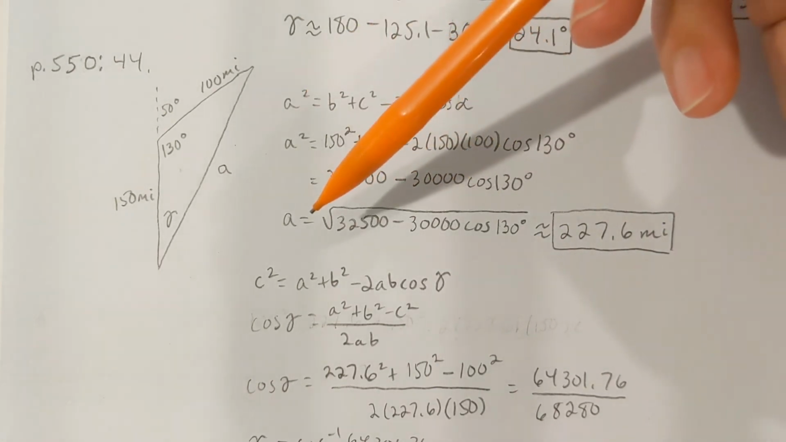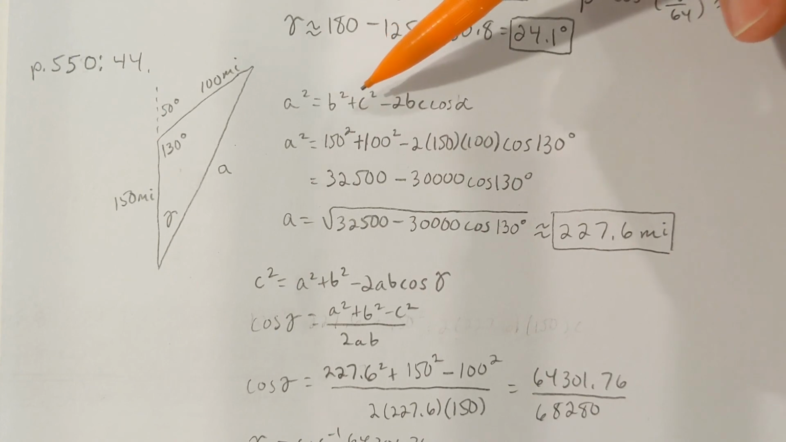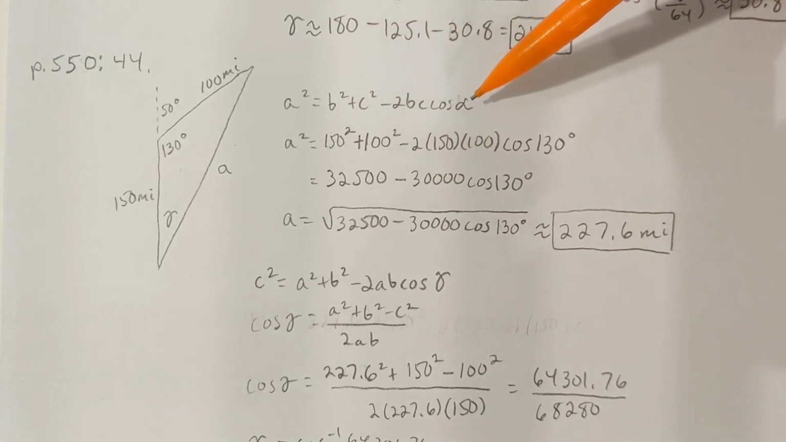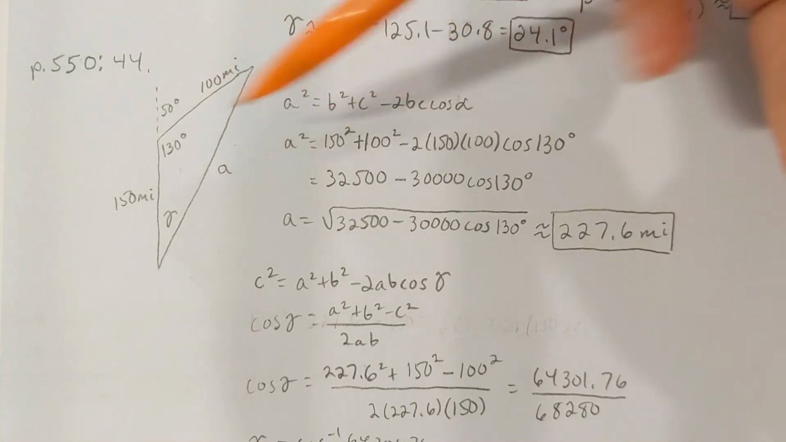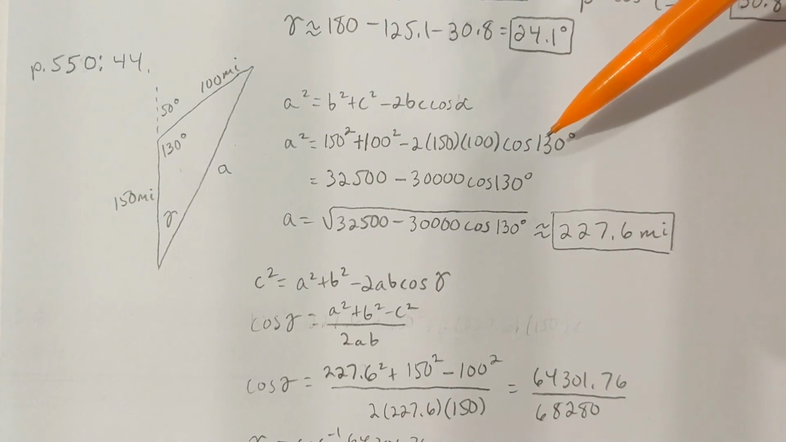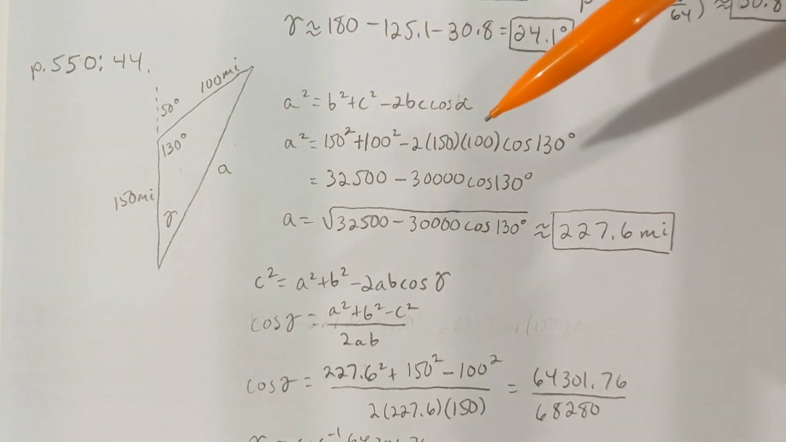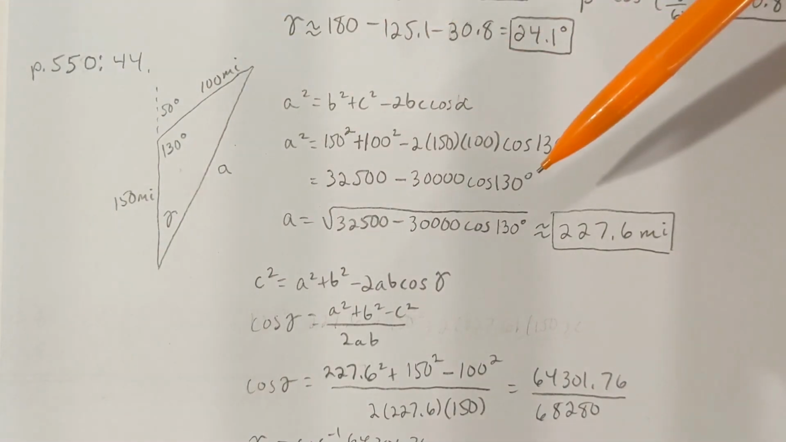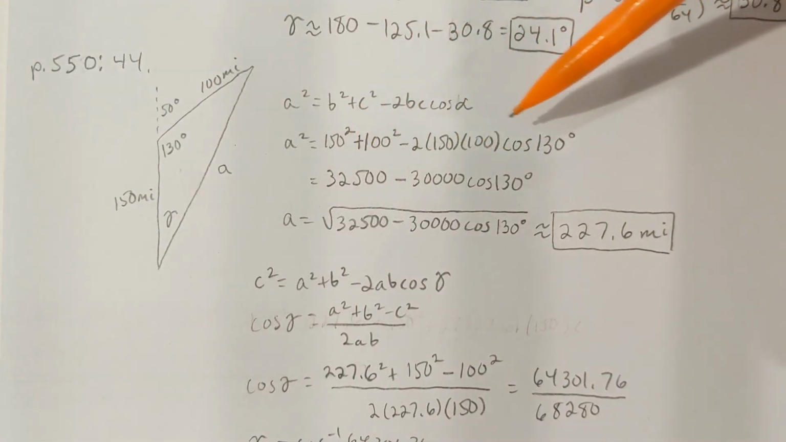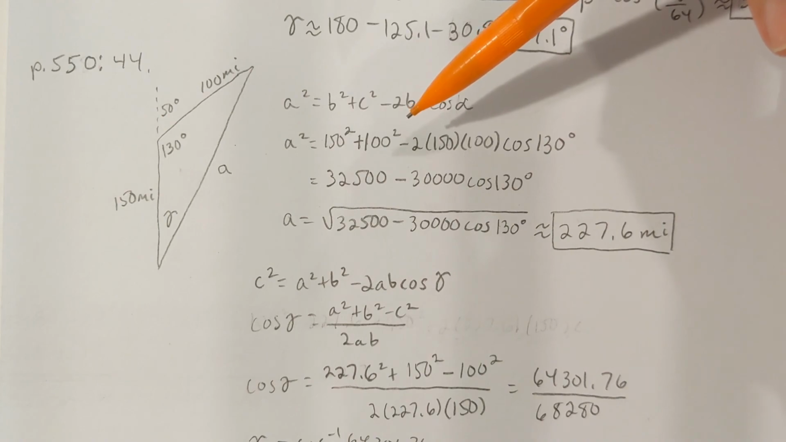I need to know A. A squared equals B squared plus C squared minus 2BC cosine alpha. Alpha would be 130 degrees. B is 150 and C is 100. So I've plugged in those numbers into the appropriate spots, and